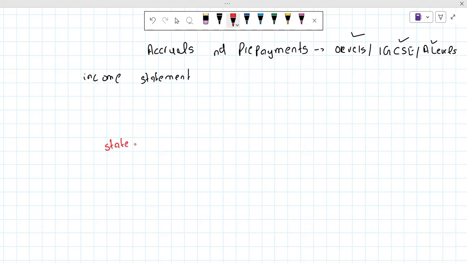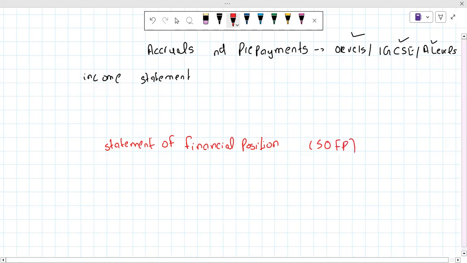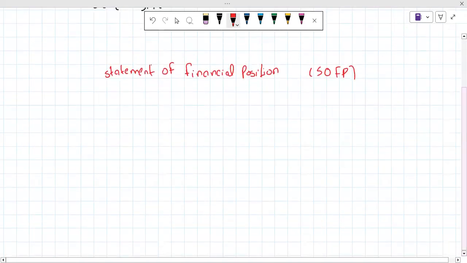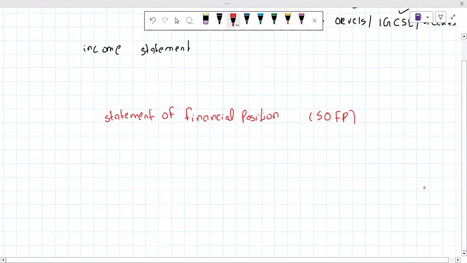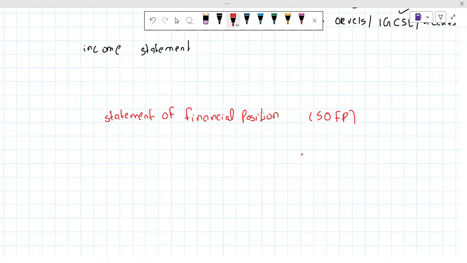Statement of financial position. So in short, you can say SOFP. We all know that the income statement totally indicates the profitability position of the business, like how